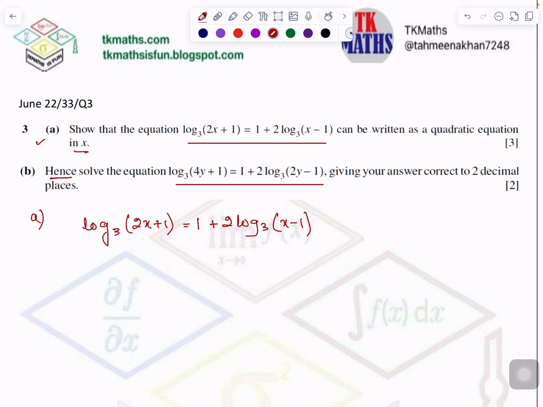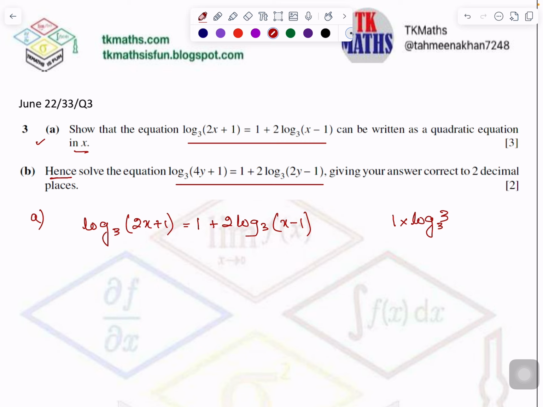The way I solved the previous question, I can do it like that also. But I would like to take a second approach, which I explained in video number 3. Because I have log base 3 in both terms, if I write 1 as log 3 base 3, then all three terms have log base 3. Then I can apply the product or quotient rule, because logs with the same base are necessary.